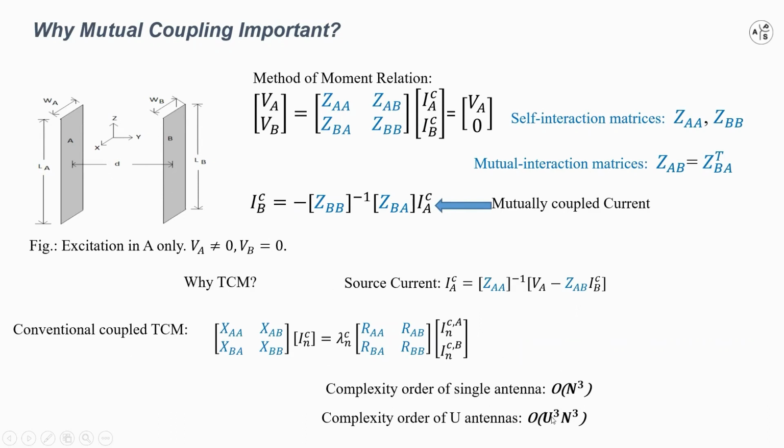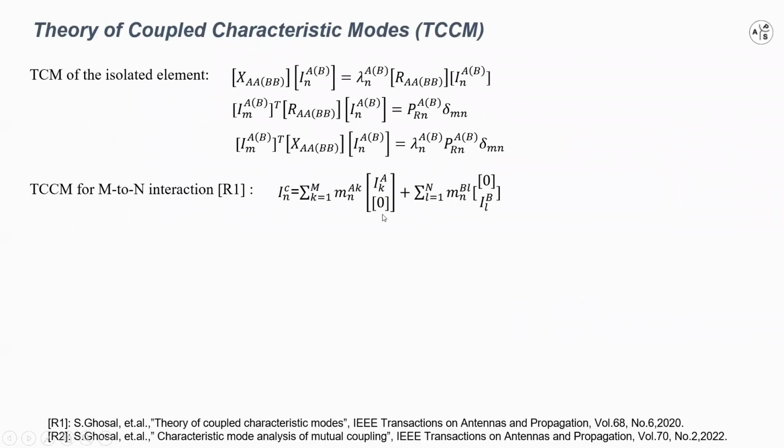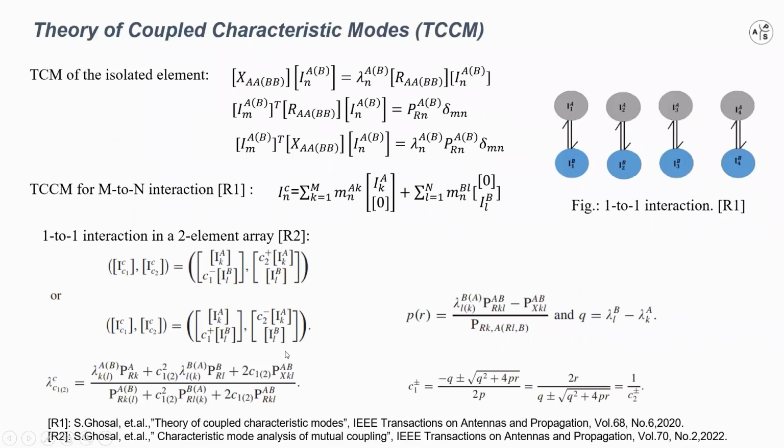Without information of this first antenna, we can actually predict the coupled current modes using conventional TCM like this. But it has the complexity order of U cube n cube per U number of antennas. But if we go for the theory of coupled characteristic modes, TCCM, it provides the solution using order of n cube problem. So what is TCCM? TCCM provides the coupled modes as a linear combination of these isolated modes like this. The first order solution of TCCM provides a closed form solution, and you can see that this closed form solution